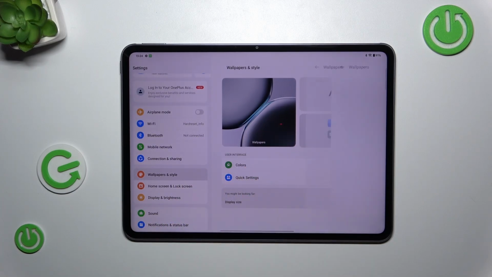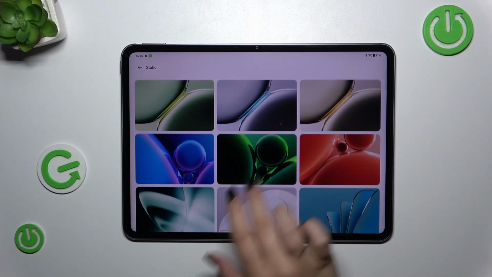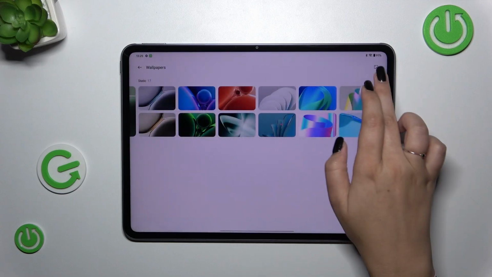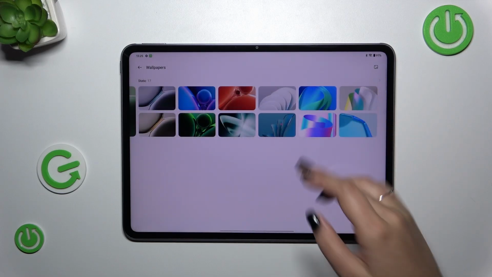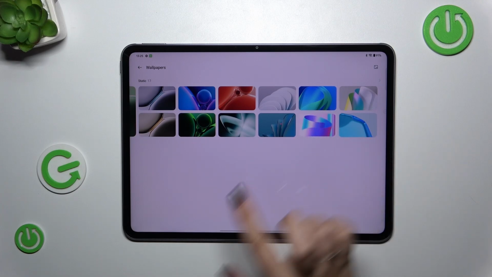Now let's tap on wallpapers and here we've been transferred to the static wallpapers which are pre-installed on this device. Right here we've got also this icon, so we can be transferred to our own files and set our own photo as a wallpaper. So to check the preview of the wallpaper on the full screen, simply tap on it,